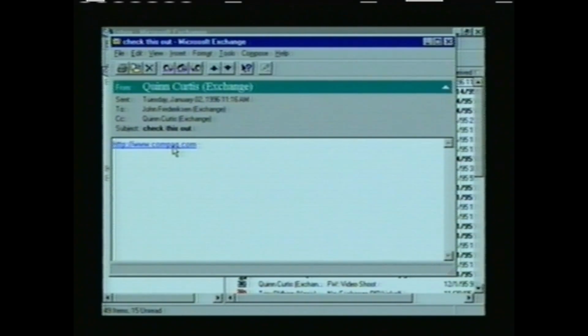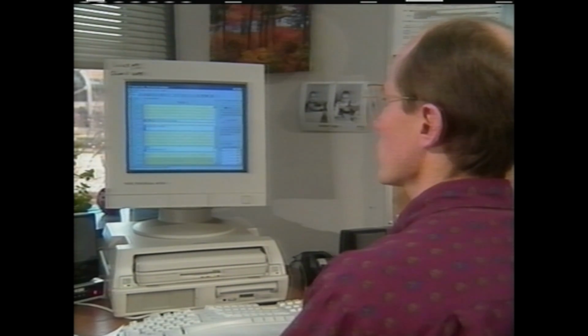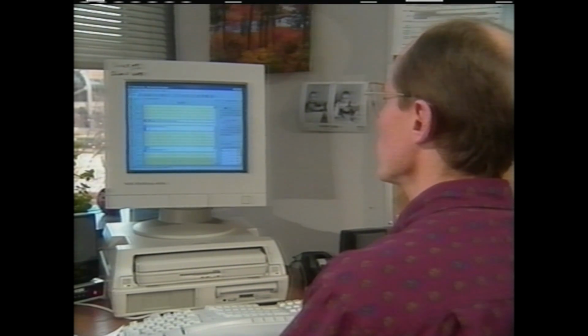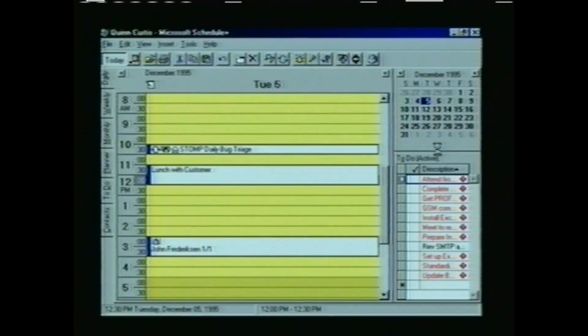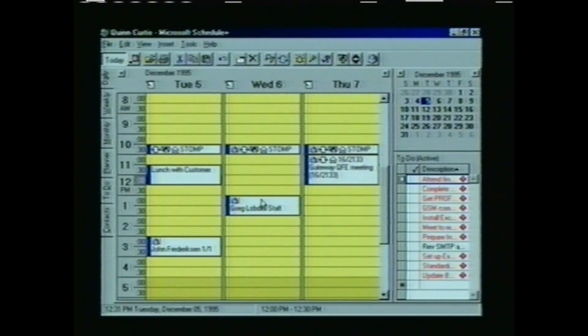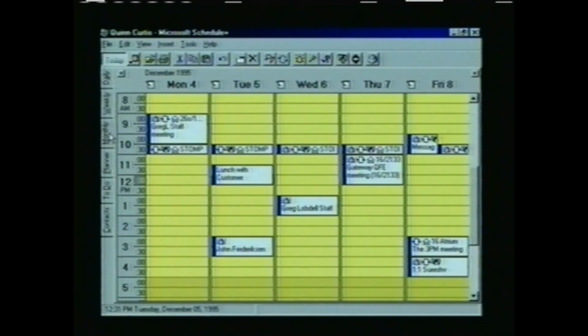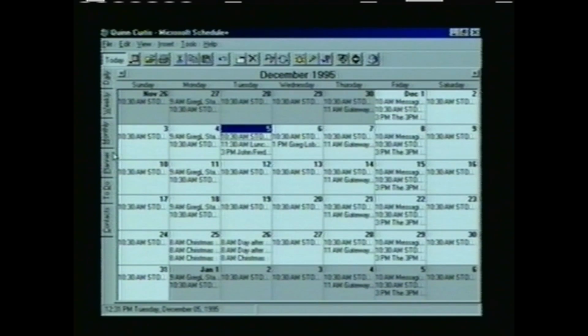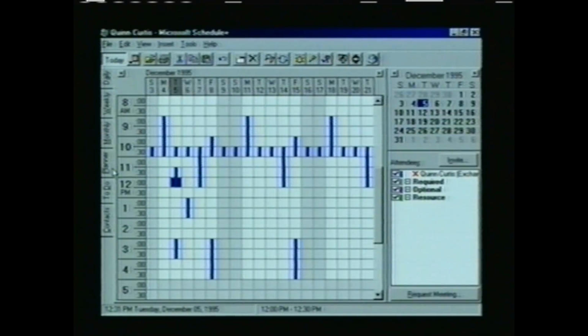Now let's take a look at the Microsoft Exchange client's scheduling capabilities. Here we are in Microsoft Schedule Plus. You can see that the user interface is something that I as a user can manipulate fairly easily. I can have a to-do list visible, a calendar, as well as my scheduling information. And if I want to change the view of number of days that I have, it's a simple click away. I also have access to a weekly view, a monthly view with all my appointments, a planner, a to-do list,